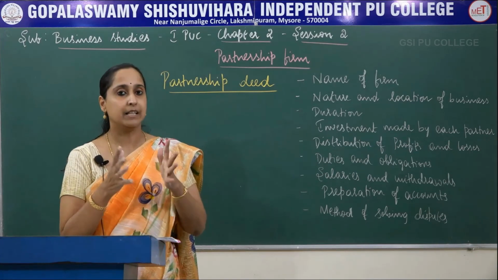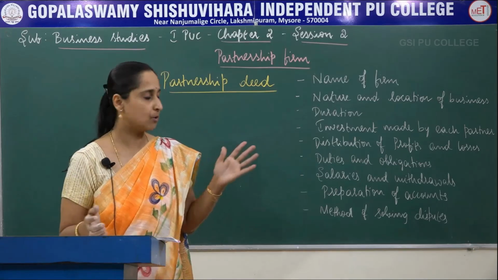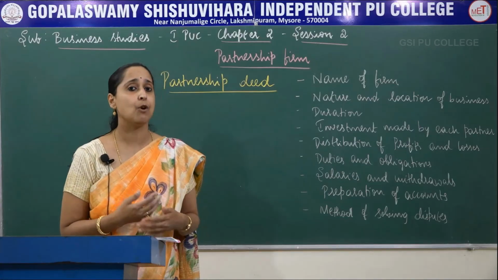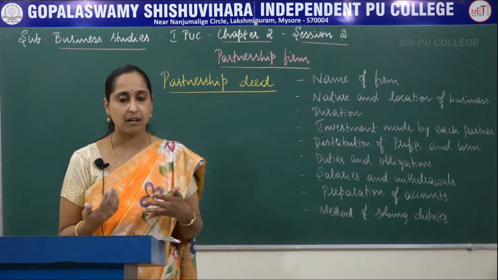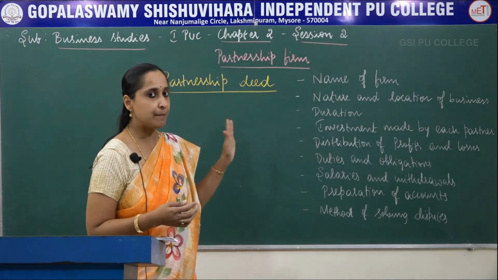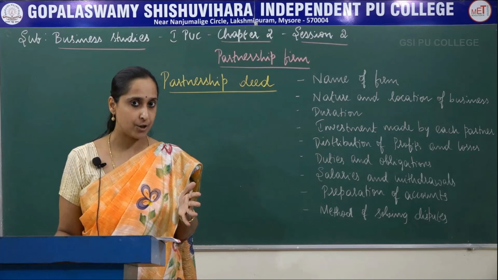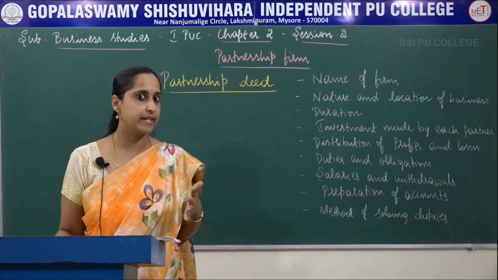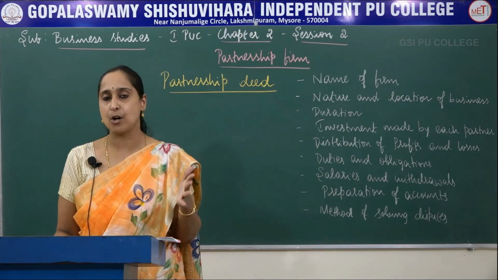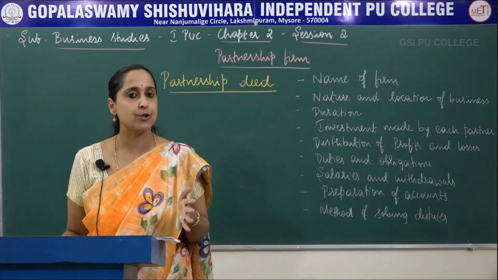Under what method they prepare accounts, final accounts, how the books of accounts are prepared. So all those details they have to mention in the agreement. And also the methods of solving disputes. Suppose if there are any misunderstanding among the partners, how they solve, so that should be there in the partnership deed. In the partnership firm, they have to mention the terms, rules and regulation regarding admission, retirement and expulsion of a particular partner. And also interest on capital and interest on drawings should also be mentioned in the agreement. And also the procedure of dissolution of the firm.